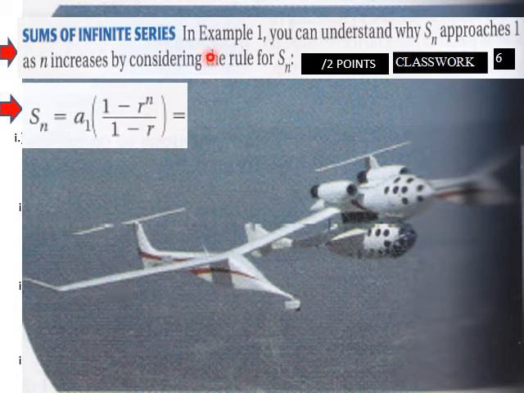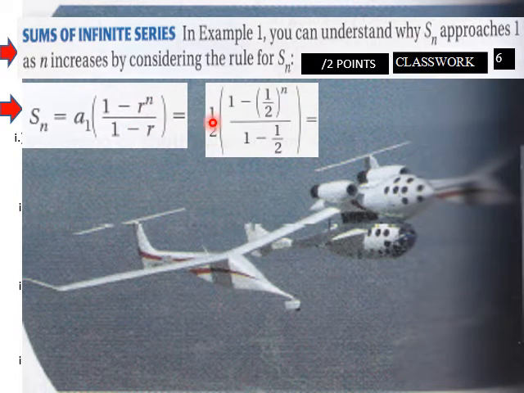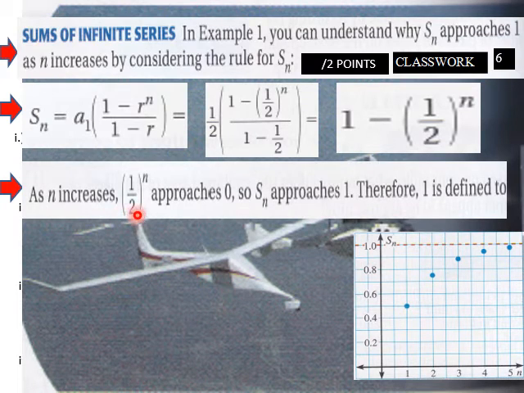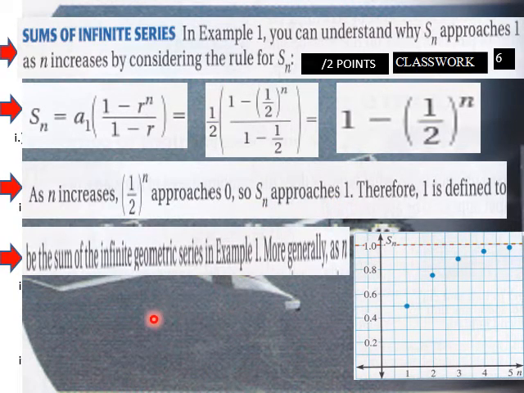Sums of infinite series. In example 1, you can understand why Sn approaches 1 as n increases by considering the rule for Sn. Here is the rule for Sn: a sub 1, the first term of the series, times 1 minus r to the nth over 1 minus r. And then with 1 over 2, we plug in there, then we get 1 minus 1/2 to the n. As n increases, 1/2 to the n approaches 0. So as Sn approaches 1, therefore 1 is defined to be the sum of the infinite geometric series as in